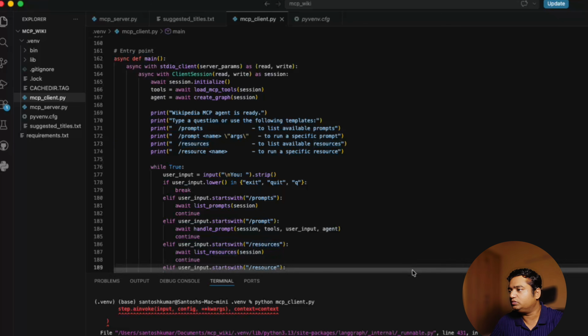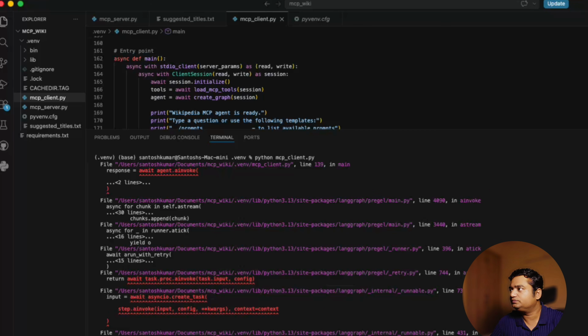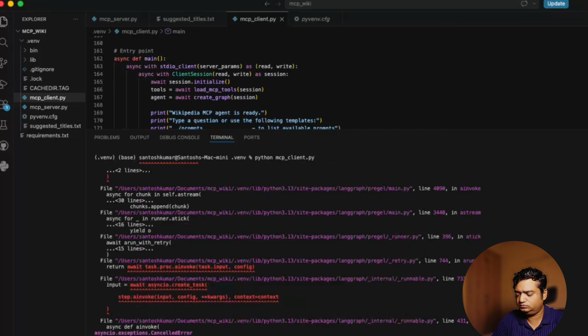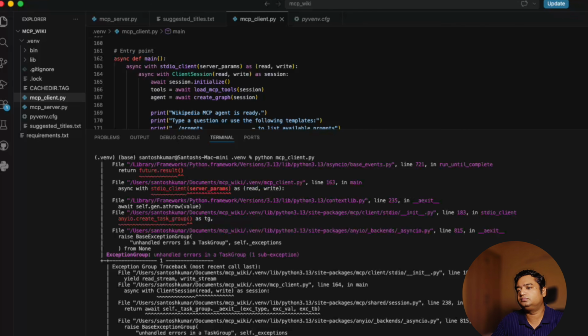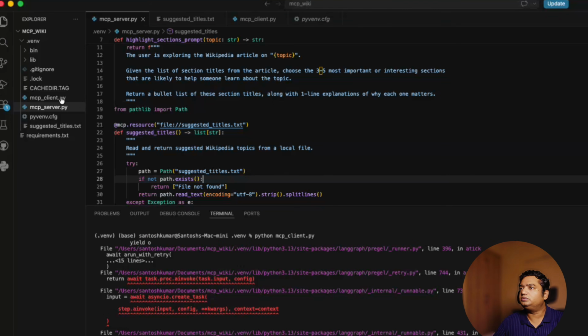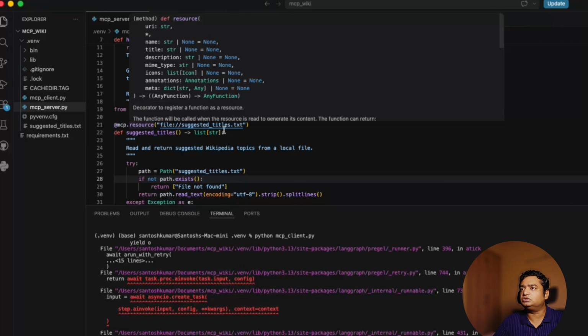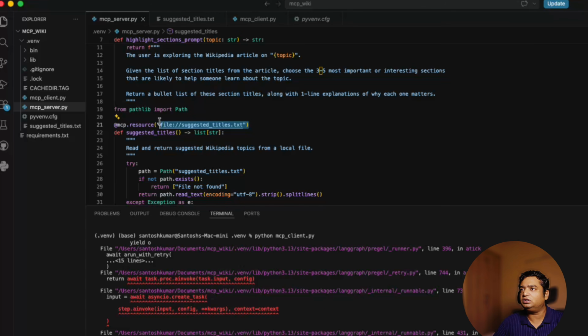Okay, there's some issue in this program. Let me look into it. The issue has been resolved. The issue was regarding this resources: the path we had given was wrong here. This is the format in which you have to give the path with the help of file. Now if I run this,